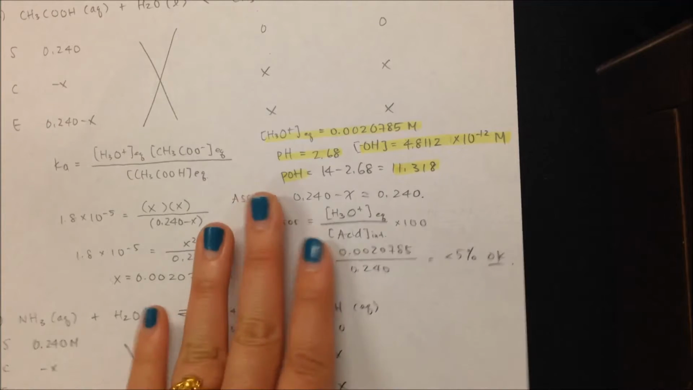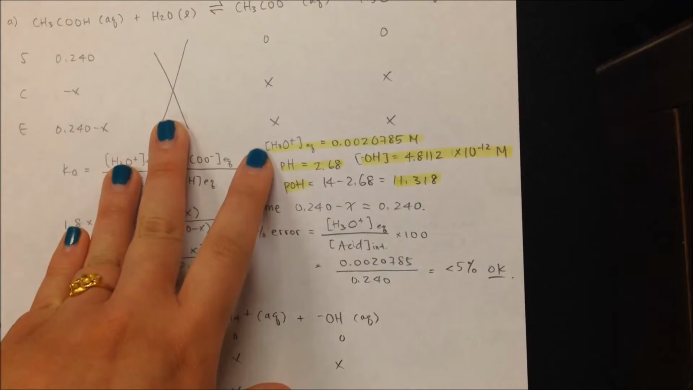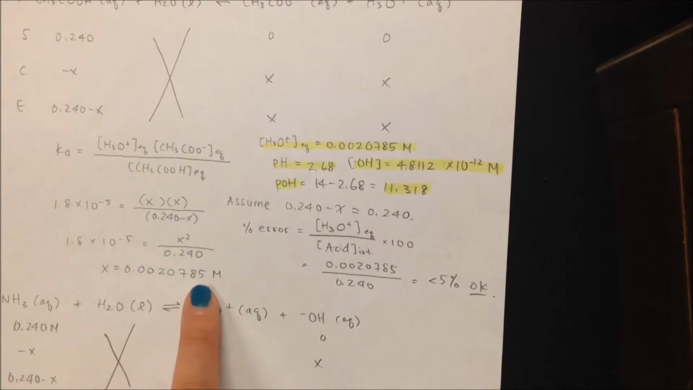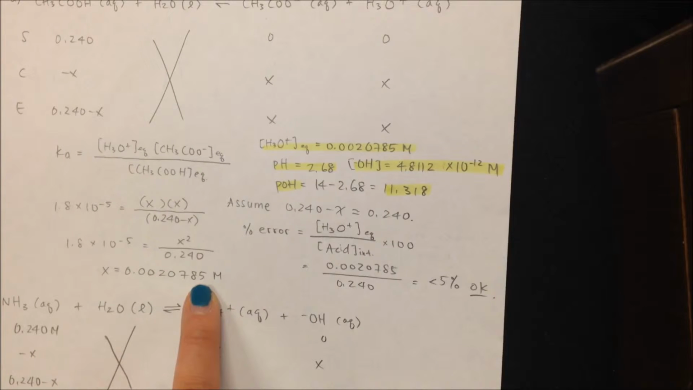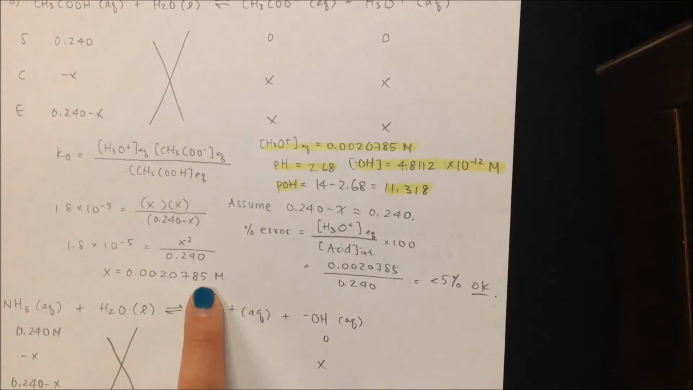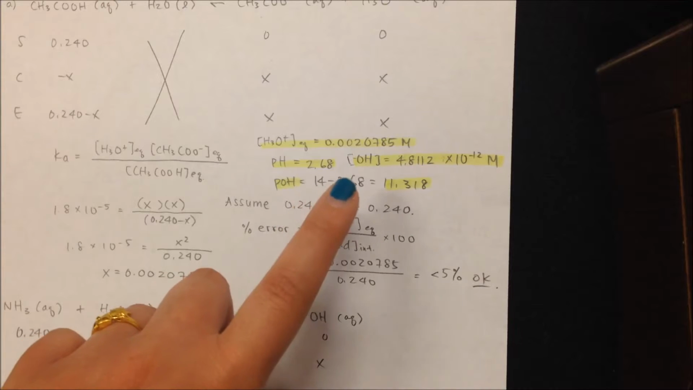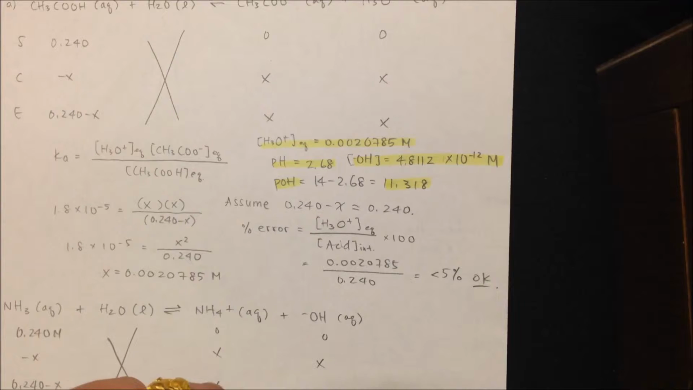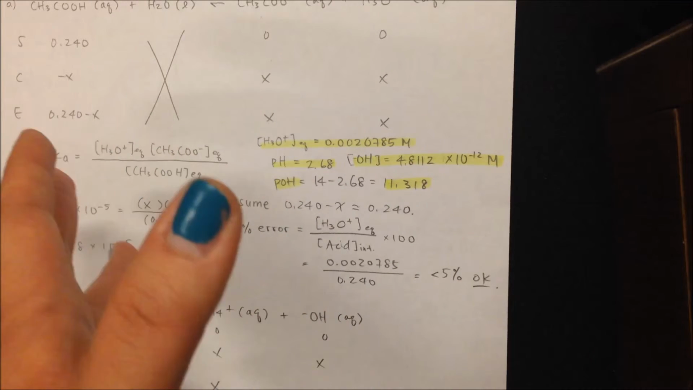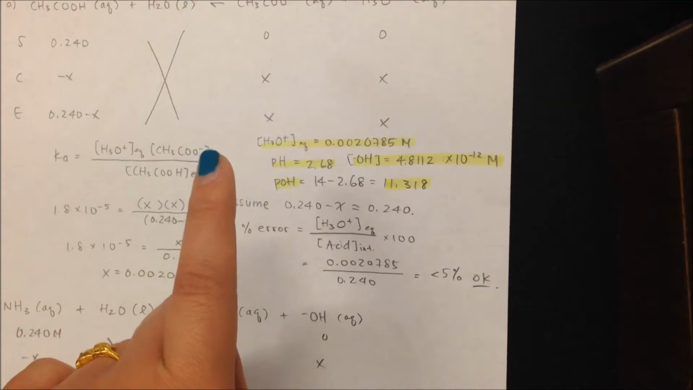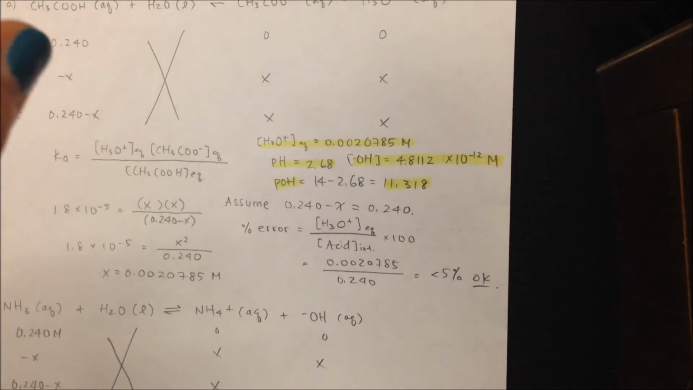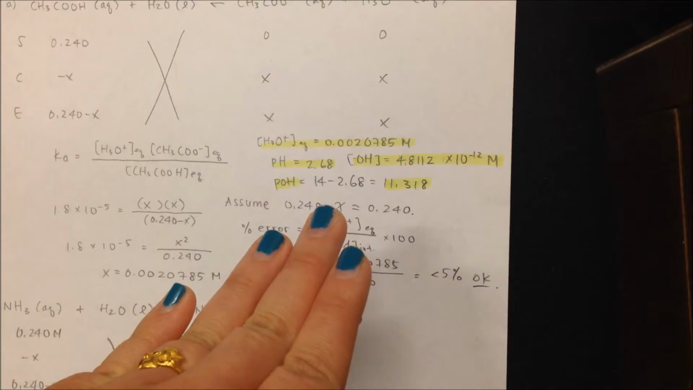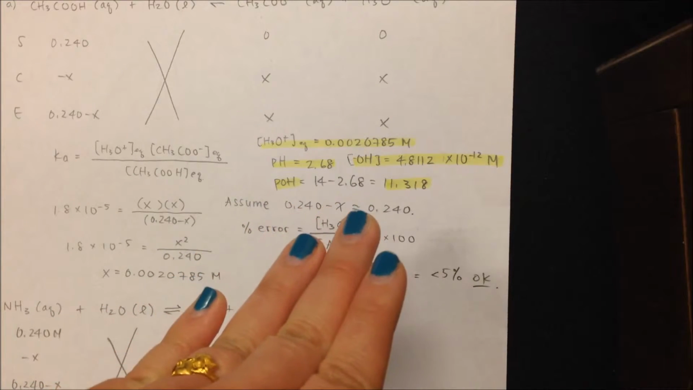Okay, so now look at the highlighted part. We know that x is just the H3O plus concentration. So that would be 0.00020785. And the pH is the negative log of that value, which is 2.68. We also need to find pOH, right? The relationship between pH and pOH is that when you add them together, you get 14. So pOH is 14 minus pH, 14 minus 2.68, which equals